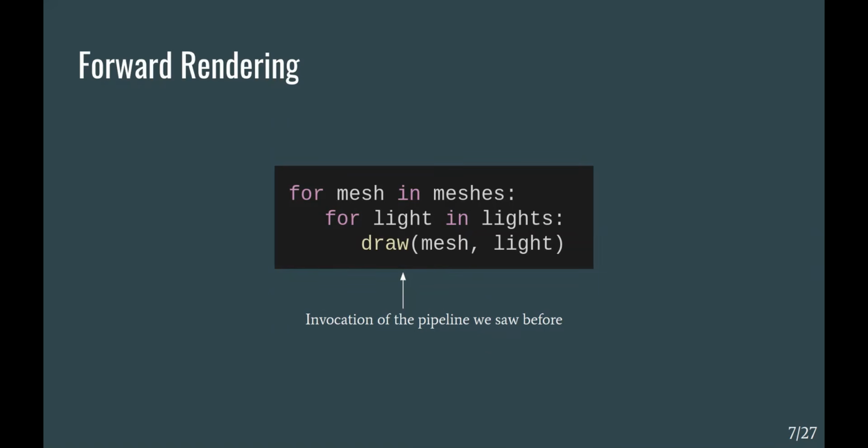This is called multi-pass forward rendering because we do multiple passes per mesh. Now, this seems perhaps a little bit naive because we're doing a lot of unnecessary draw calls. Imagine we have a mesh and a light separated by a solid wall. That light contributes nothing to that mesh. However, we're still going to go ahead and try to draw it anyway, with the overhead of that unnecessary work. The reason we're doing it this